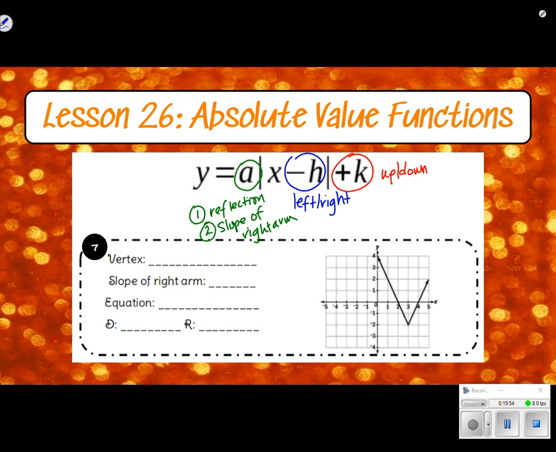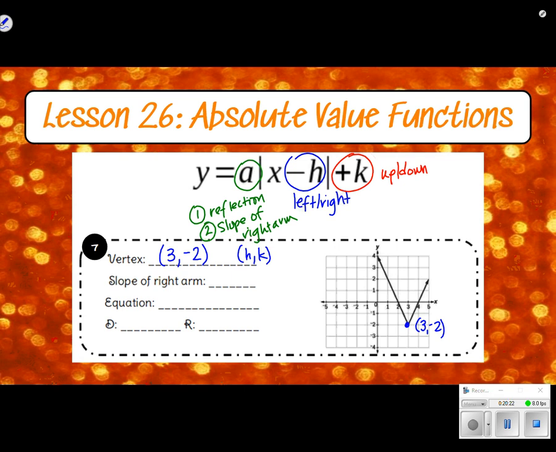Okay, and that's going to help us figure out what number goes in front. But basically, it's identifying these three numbers and plugging them in the right spot. That's it. So from our graph, our vertex is down here at (3, -2). So that's what we're going to write here. We're going to write 3, comma, -2. Remember that this is our (h, k) that we looked at for our vertex